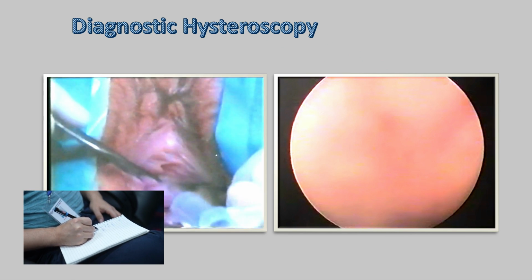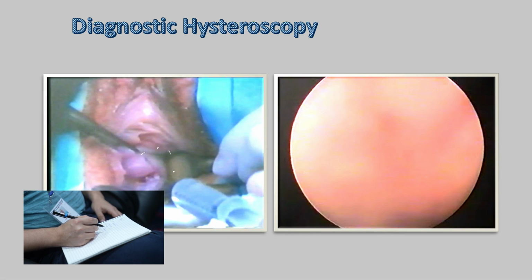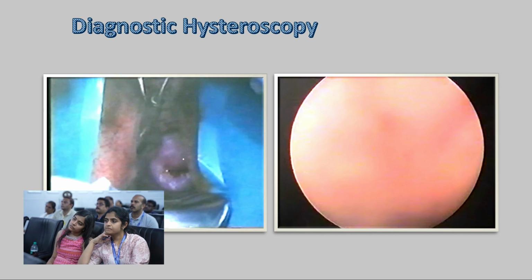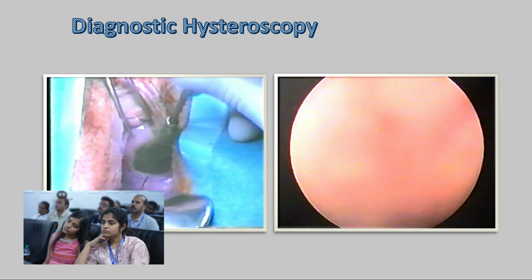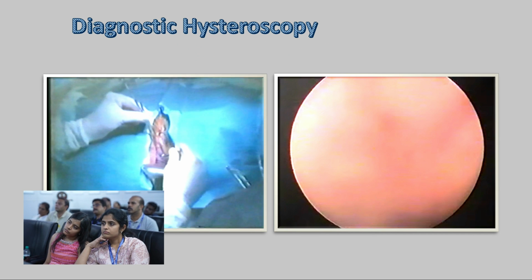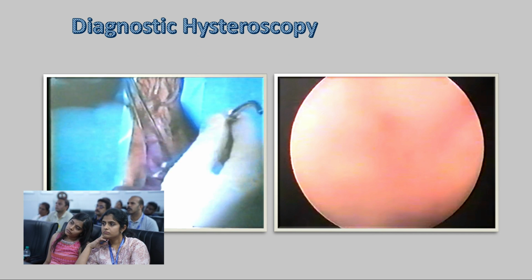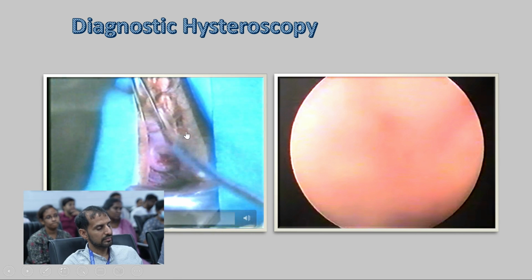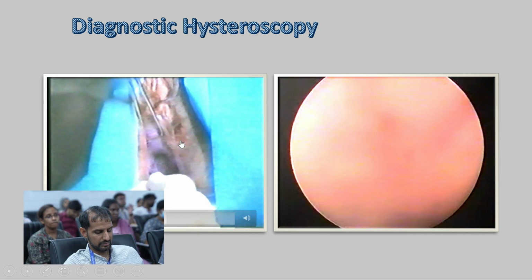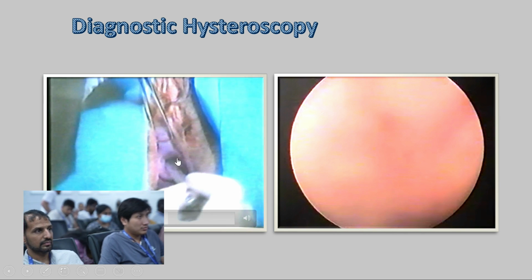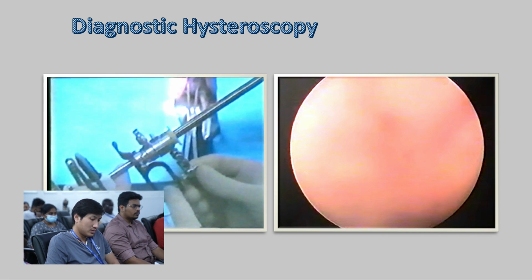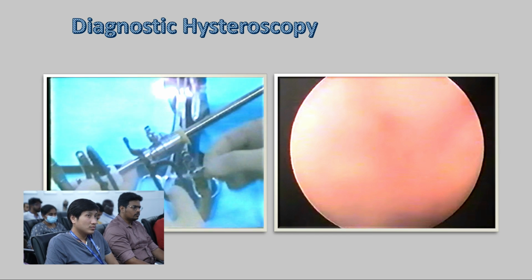If you want to do it under local, then you inject some xylocaine around, and after that you are allowed to dilate up to 5 number of Hager dilator if you are doing diagnostic, and up to 9 number of Hager dilator if you are using operative dilatation. And that is why misoprostol and other things should be given, because if it is tight you have a big problem